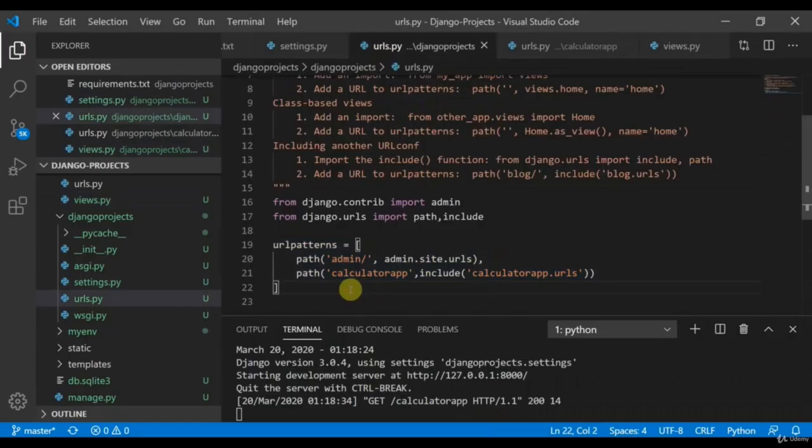In the previous tutorial I used to keep the route blank, but right now I've made it localhost calculator app, because there might be a possibility that we might be creating many apps in this single project. So on this calculator app route, if I go to this route,